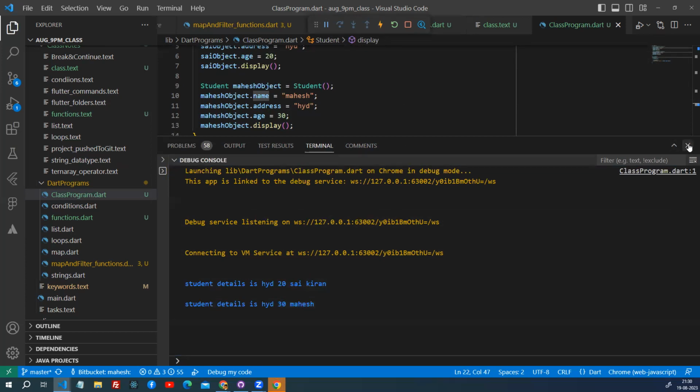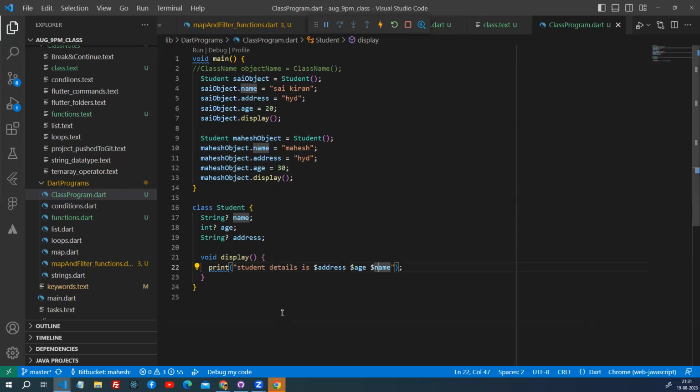Got it, right? So this is where we are creating the class, properties and methods, and we create an object for the class, access the properties and call the methods. I hope everyone is clear with this concept, right? Yes, sir. Next one is